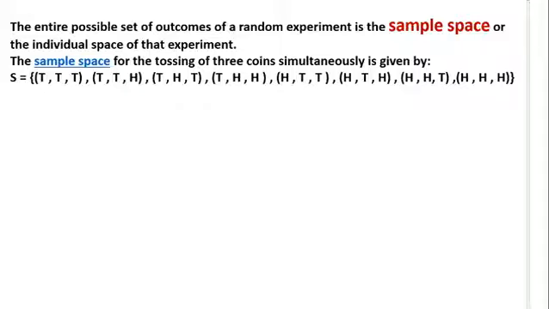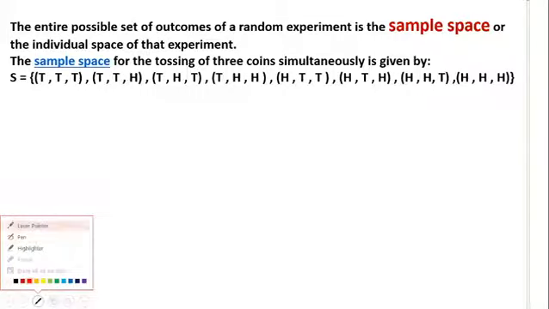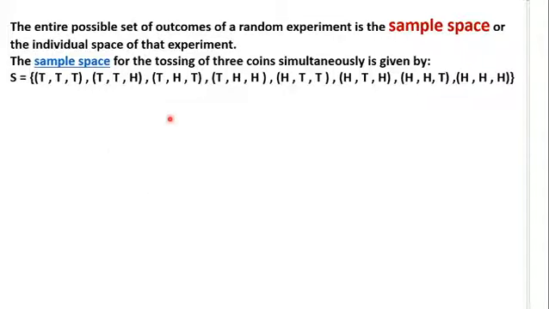So suppose we want to find only the outcomes which have at least 2 heads. If we want to find the probability of outcomes that will have 2 heads, then if you look at your sample space, that would be THH, that will count, right? You have 2 heads. HTH, that will count as well, and then you have HHT, that will count as well, and then you have HHH, which has a minimum of 2 heads.